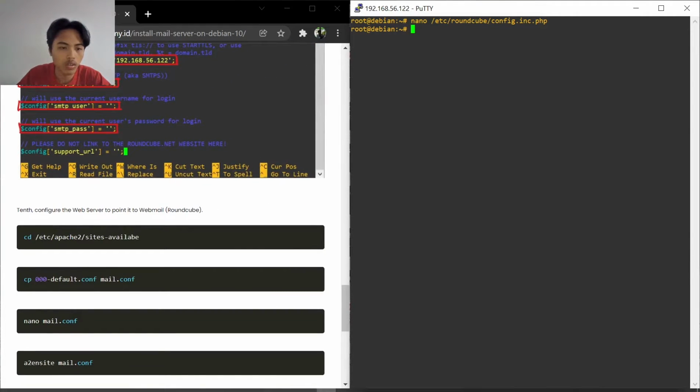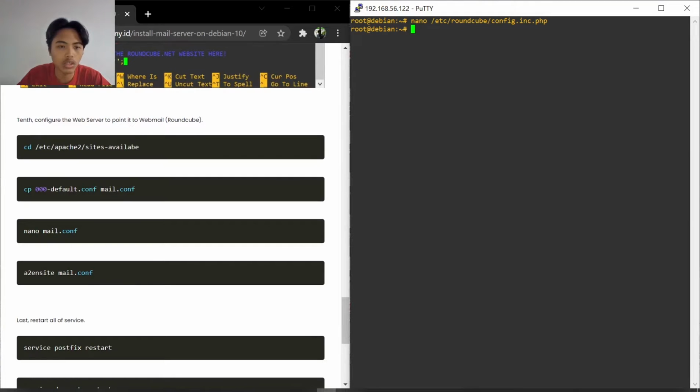Now step 10. Configure the web server to point to RunCop webmail. I use Apache. I clear first. Because I use Apache, to show the root of configuration here on sites-available. But if you use Nginx, maybe your web server root is in conf.d. But in this case, I use Apache. cd /etc/apache2/sites-available, enter.